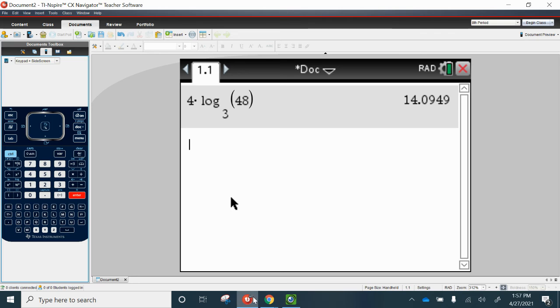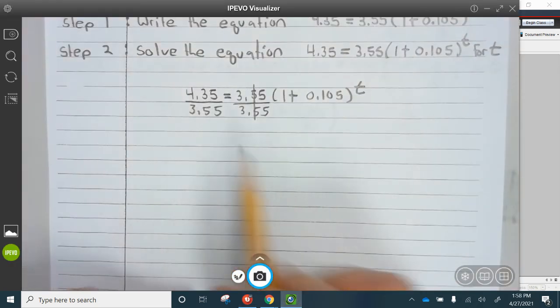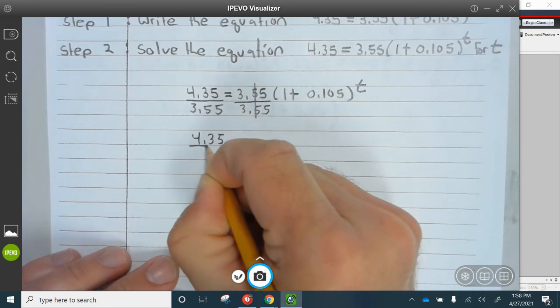So let's see what control divide, 4.35 divided by 3.55. All right, now we're going to leave that as the fraction because we don't want to write this entire decimal. We don't know if that decimal stops at the 5, okay? So we're going to leave this alone, okay? So then we have 4.35 divided by 3.55